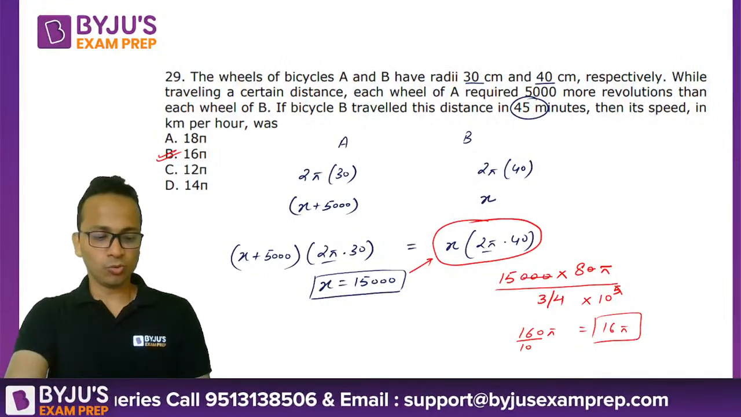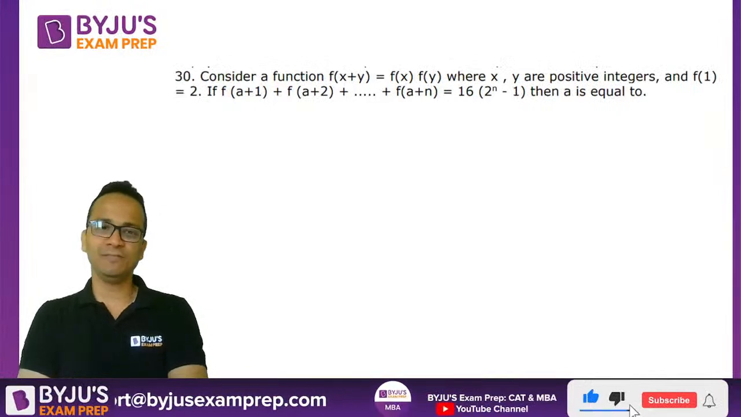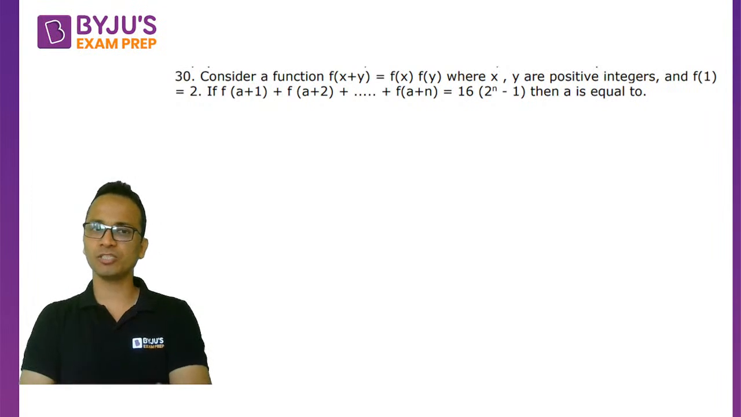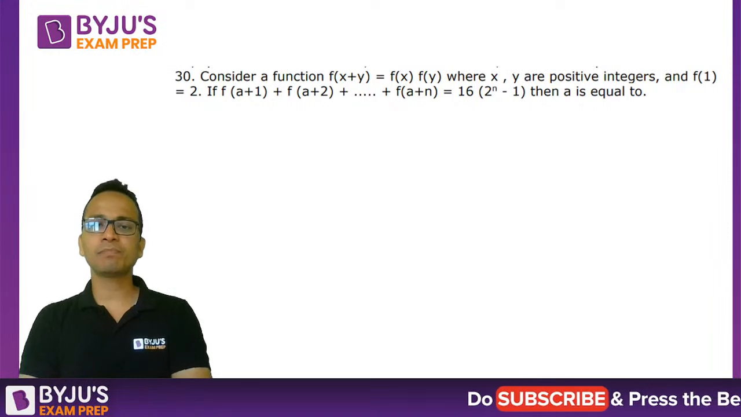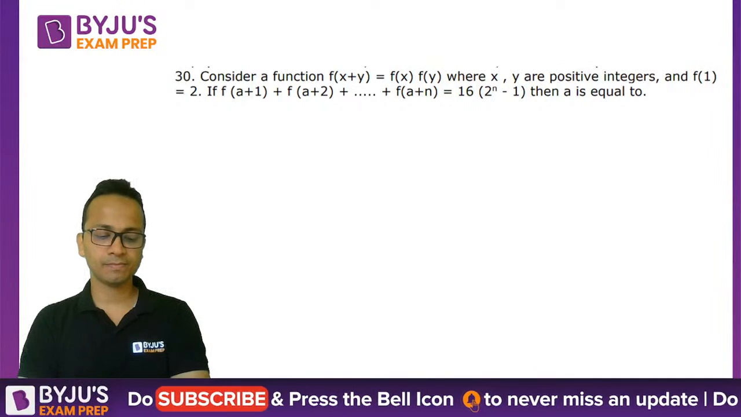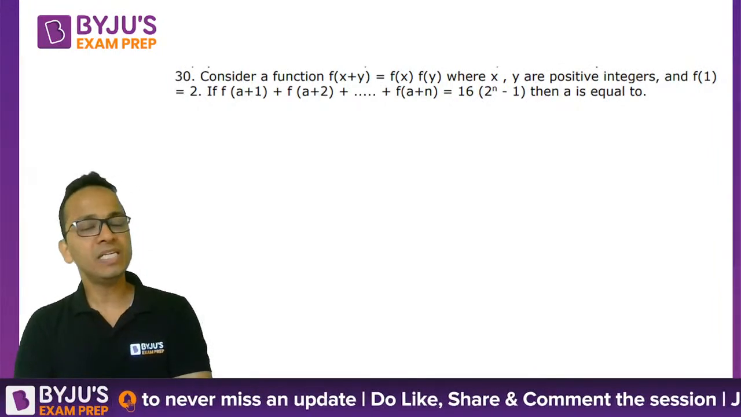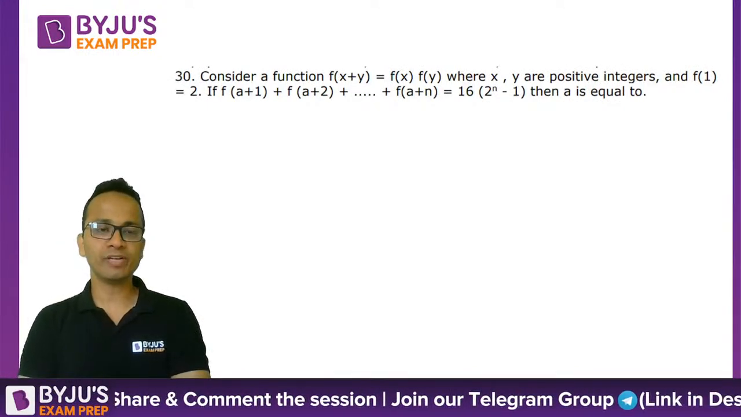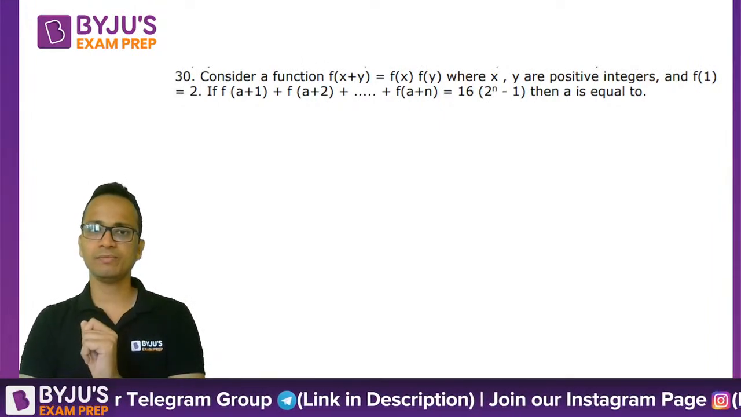Okay. So let's move on to the next one, question number 30. Question number 30, a slightly challenging question from functions. Okay. Now consider a function f of x plus y is equal to f of x into f of y. Where x and y are positive integers, meaning natural numbers. f of 1 is given as 2, and it is also given that f of a plus 1 plus